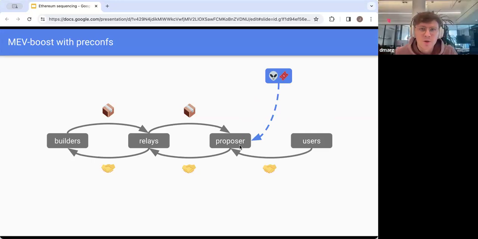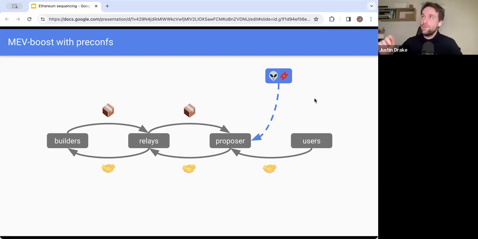Okay, that makes it much more clear. I guess my confusion was, I thought you'd said users were picking the pre-confer. No, there's only one well-defined and they have to connect to it. So MetaMask as a wallet, what they'll do is that they'll identify who the next pre-confirmer is, and then they'll just send the transactions to them directly, instead of sending it to a centralized sequencer as they do today for Optimism or Arbitrum.